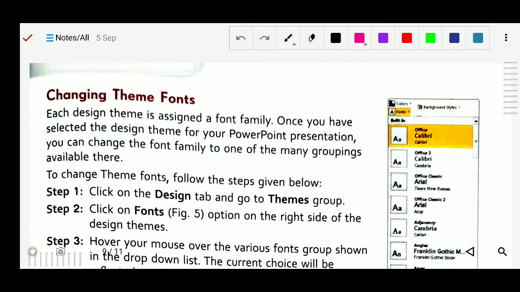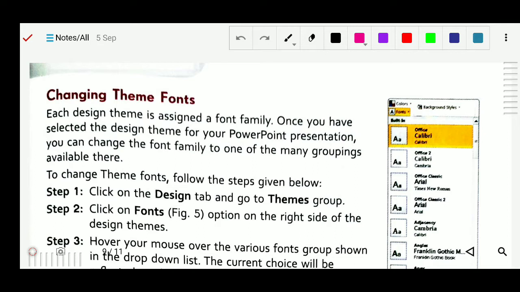So what is a placeholder? It is the container in the layout of MS PowerPoint that holds the content such as text, table, chart, graphics, movie, sound and picture. So this is called a placeholder. We used this word when applying the theme.